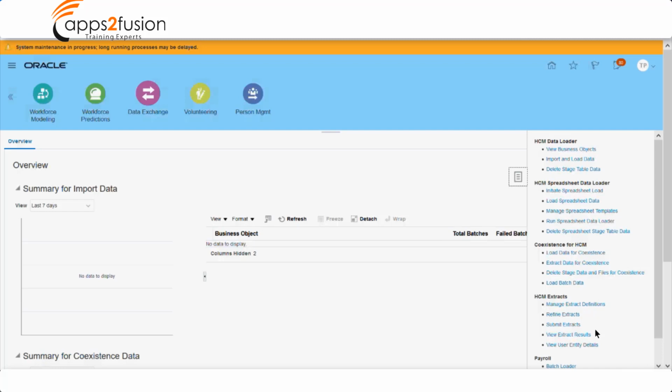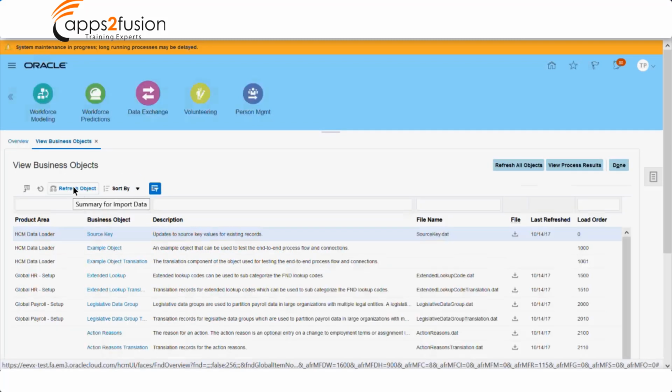So this is the one navigation. For HCM Data Loader, we have 3 different options available. View Business Objects actually gives you all the business objects available for this HDL.